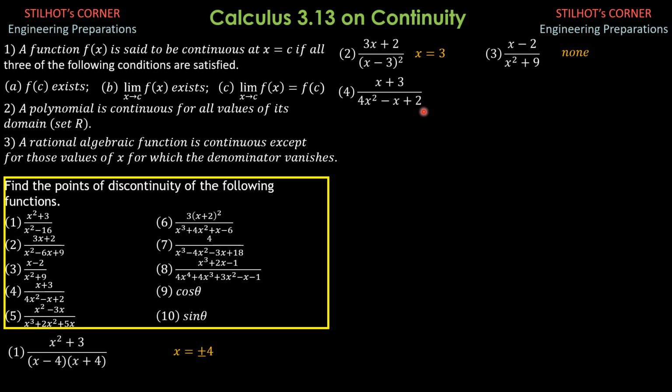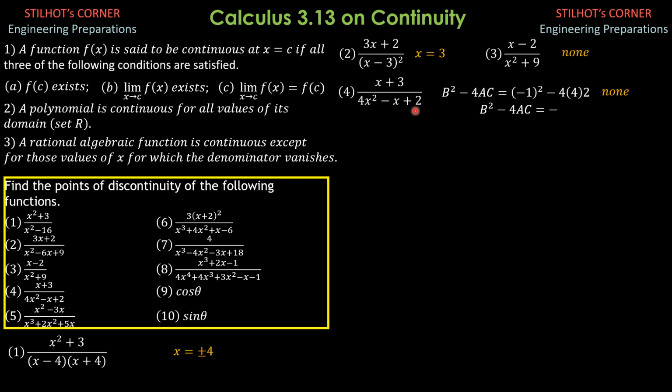squared. Sorry, number 4. I'm looking at number 5. Number 4 first. x plus 3 over 4x squared minus x plus 2. There are no real roots that will make the denominator 0 by checking the discriminant. A is 4, B is negative 1, and C is 2. So B squared minus 4AC, the discriminant, is negative 1 squared minus 4 times 4 times 2, and that is negative. Because the discriminant is negative, there will be no real roots, therefore there's no point of discontinuity. So none